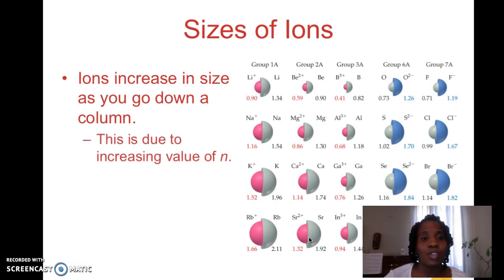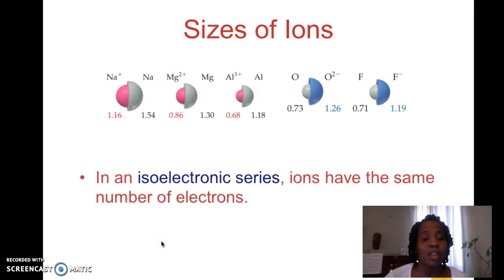So, as you go down within a group, you will still see the pattern of the size increasing for the ion as the number of occupied energy shells increases. Let's look at what happens when you have what is known as an isoelectronic series, which is ions which have the same number of electrons. If the number of electrons is the same, then you always want to compare the number of protons in the nucleus. So, sodium,